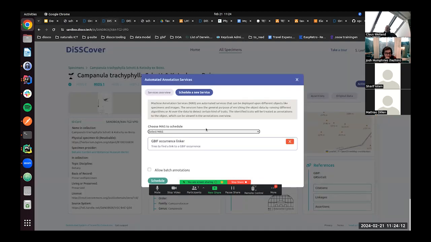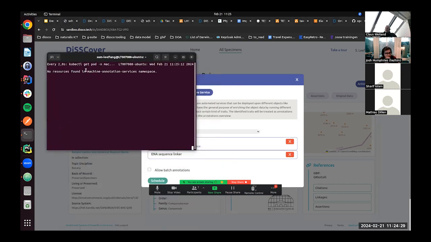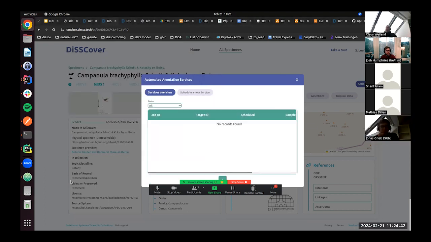And we can now run and say, well, for example, I want the GBIF occurrence linker and I want the ENA sequence linker. And when we run it, it will actually put a message on a Kafka queue, and this Kafka queue will then start a machine annotation service. So at the moment, if we look in the namespace, there's no services running. So they basically scale back to 0. So when these machine annotation services are not requested, they scale back to 0. And when I request this service,